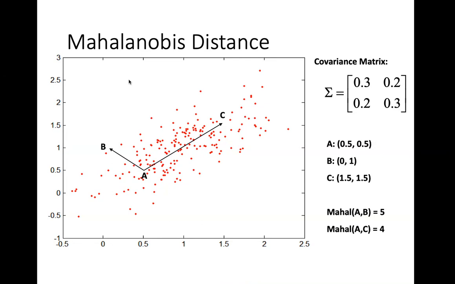So the Mahalanobis distance from A to B is equal to 5, and the Mahalanobis distance from A to C is still less, that is 4. Intuitively we may feel that C is closer to A, but as per the Mahalanobis distance, B is closer to A. That is because it is taking into account that there is a large spread all around C, I mean all around in that direction which is from A to C. Therefore, keeping that in view, A to B is closer than the distance A to C.